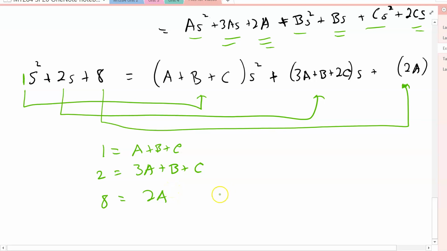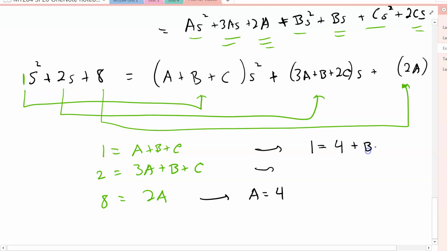And then it's a matter of just solving that system. Now, luckily, this third equation is very easy to solve. We divide by 2, and we get a is equal to 4. Then substituting into the first equation and the second equation, we get a simplified system of 2 equations, 2 unknowns,